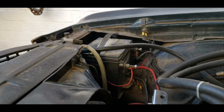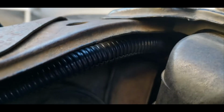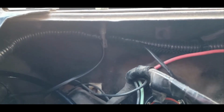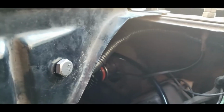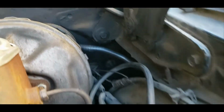We started over there, and we ran an extension hot wire and an extension ground wire through this conduit right here behind the radiator. So you see how that all is in there. And then we came up here and we did the same thing and teed it off into this conduit right here. And we ran some more wire behind the fender well. So all of this is hidden behind the fender well and out of the way. So we ran that out through the fender well, behind the master cylinder,